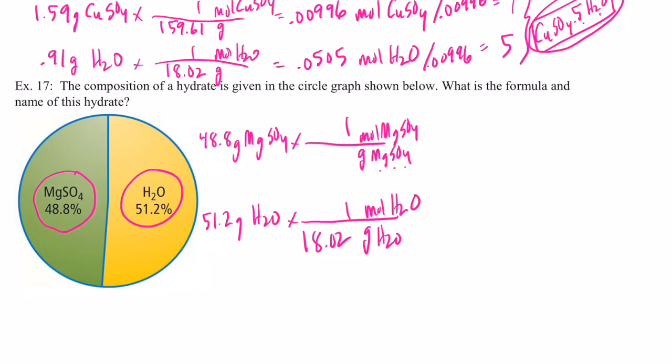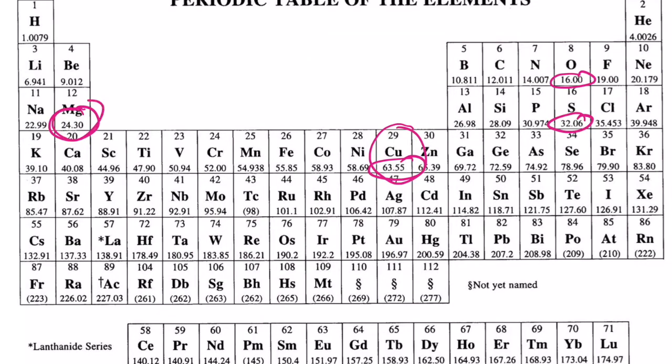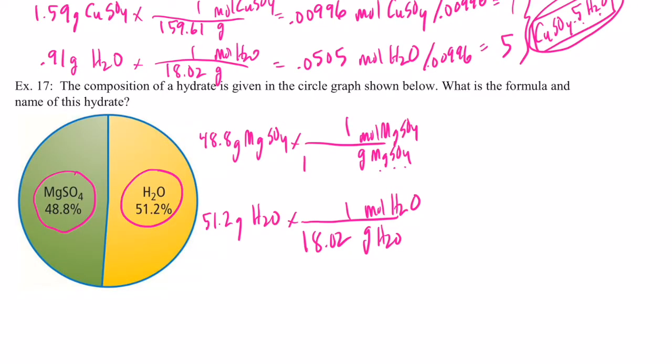So if you remember, magnesium was 24, let's take a look. We just looked at that a minute ago, 24.30. And we have a sulfur, 32.06. This time we have 4 oxygens. So 4 times 16 is 64.00. So I get this time 120.36 grams per mole. So let's figure out our moles of MgSO4 and our moles of water. So for MgSO4, 48.8 divided by 120.36 gives me 0.405 moles, and 51.2 divided by 18.02 gives me